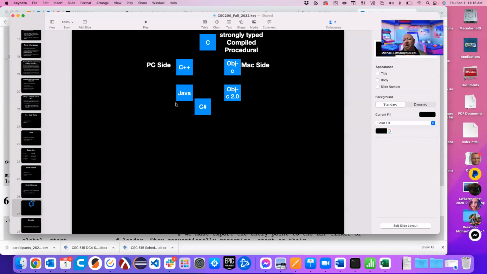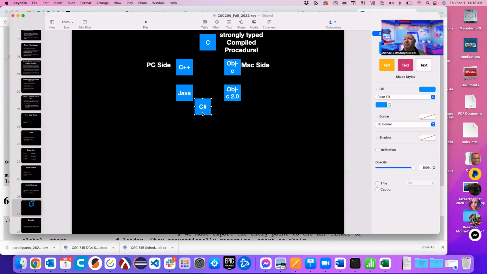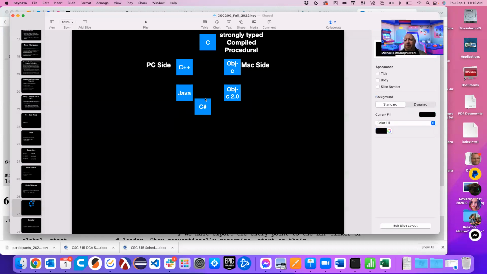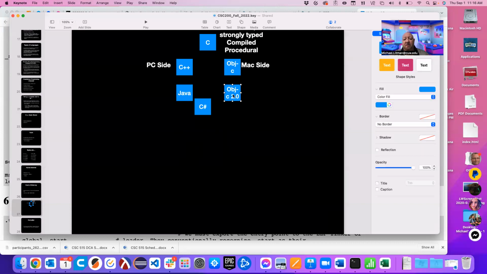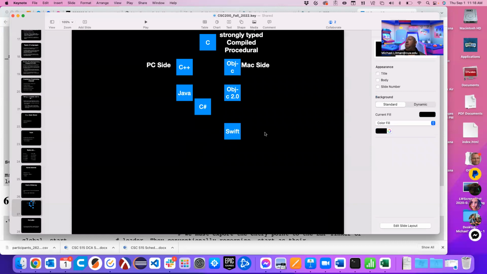So this is really where we've ended up here on the PC side. And this sat for a long time, until maybe 2015-ish. It might have been a little longer than that, because time goes by quicker, but finally Apple came out with a language called Swift. And by the way, all of these languages are compiled, strongly typed languages.